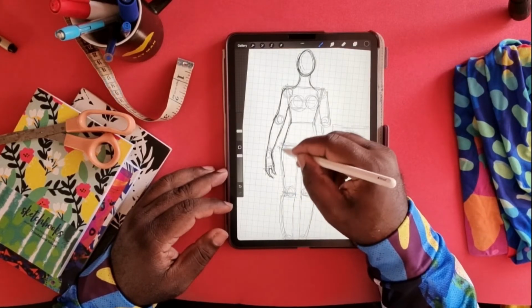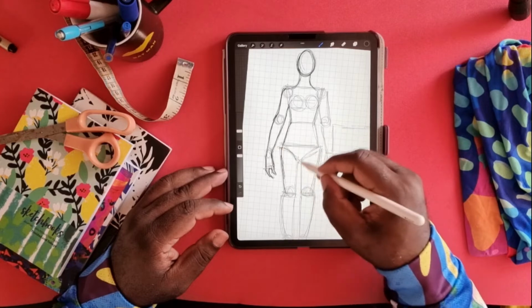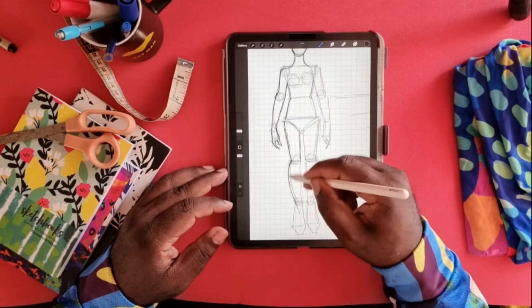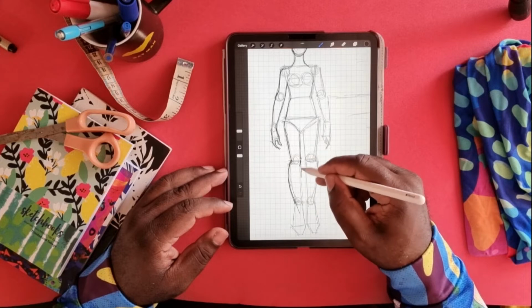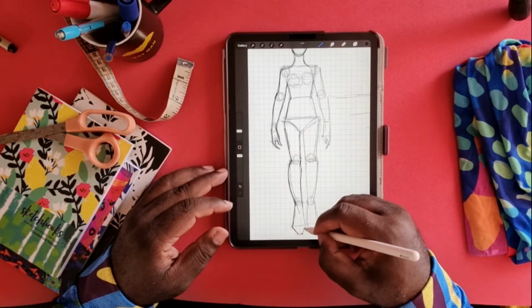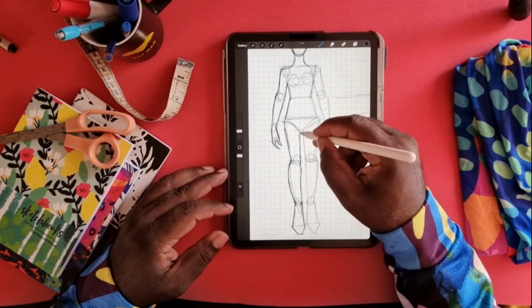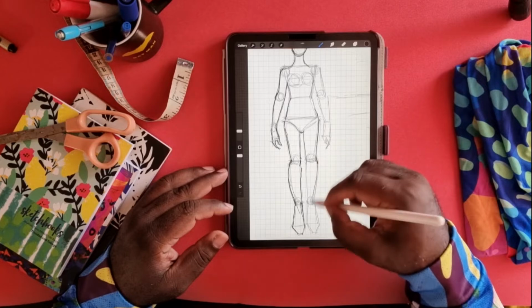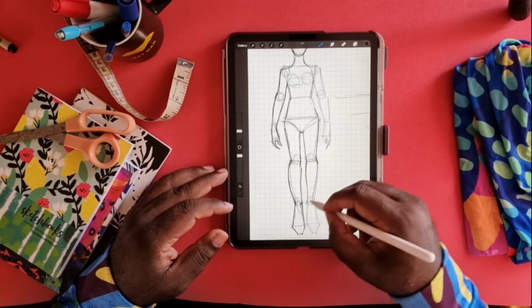You want to make that nice and soft, and you get all these curves in for your drawing. So as I'm finishing up the figure,